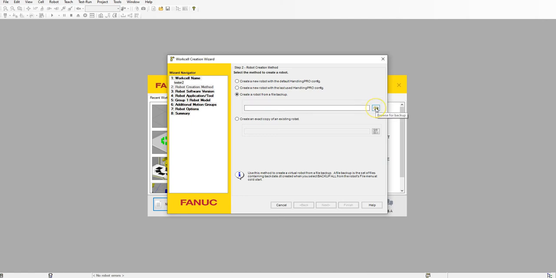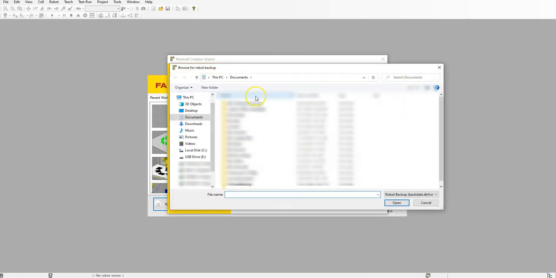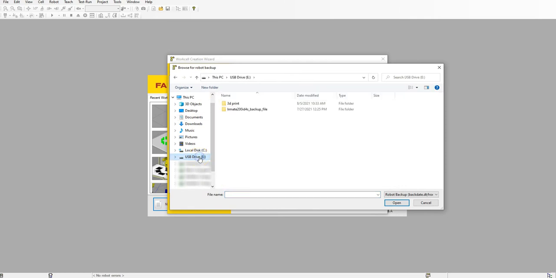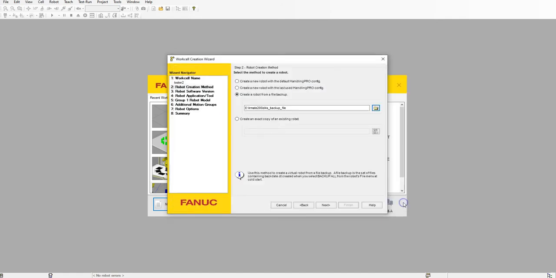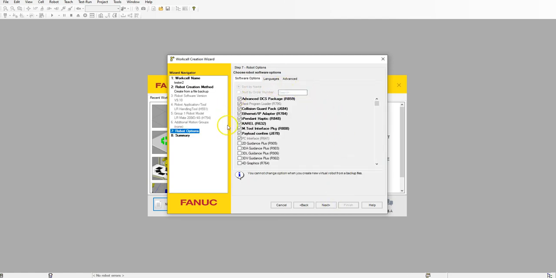Now we're going to search in our USB. So here's our USB. Then we need to go into our backup file, and you will see a .dt file that shows up. We have the backdate.dt, click that, hit open. Now you will see the folder in which it's backed up, as well as it's going to grab that .dt file. We're going to go next, and then it's going to show everything that is loaded on the